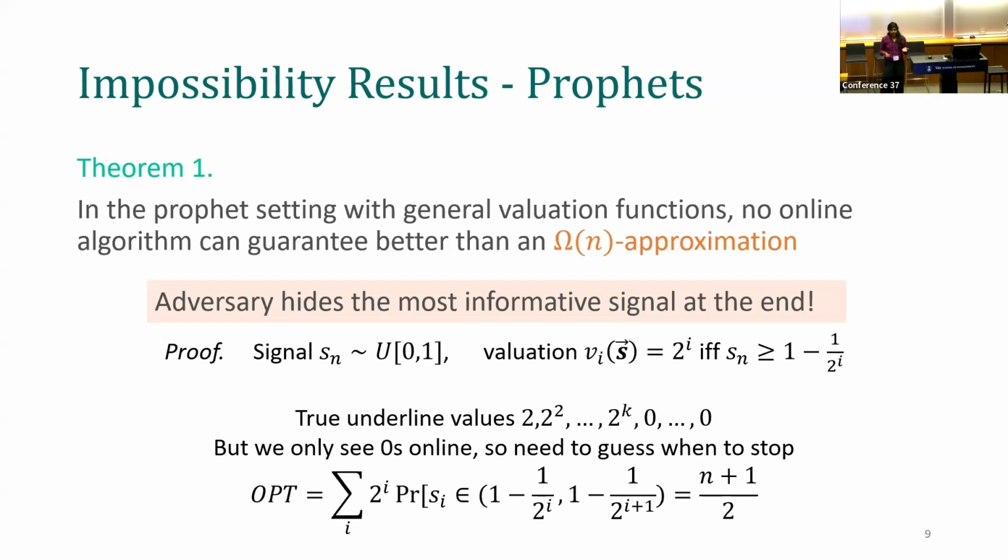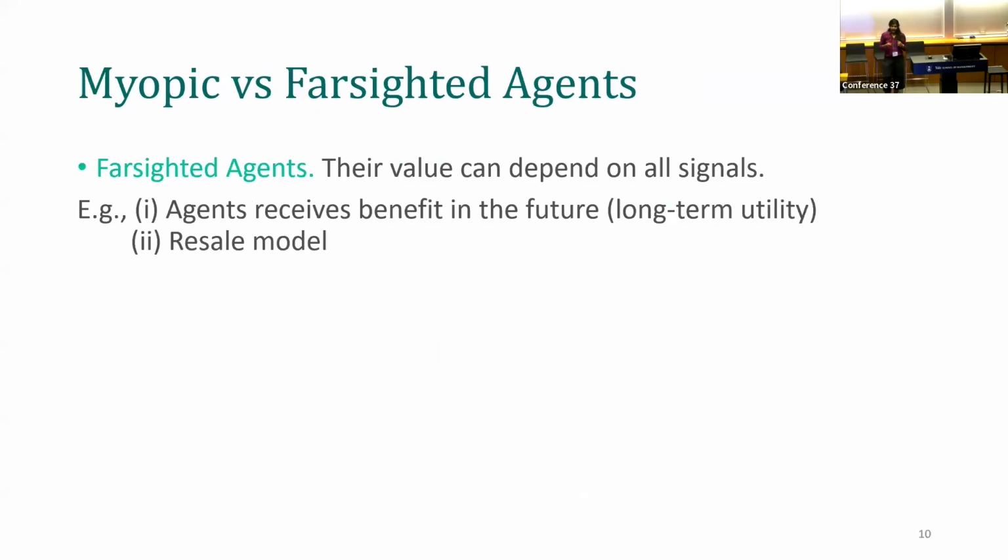But the opt here can get an order n, up to n over 2, since when you know the signal realization you can exactly go and choose the highest 2 to the k for each signal realization. So no online algorithm here can do better than basically 1, but the opt can get a factor n higher. So this impossibility result